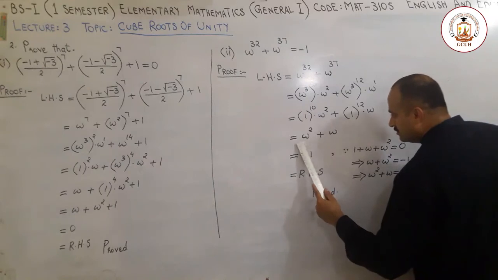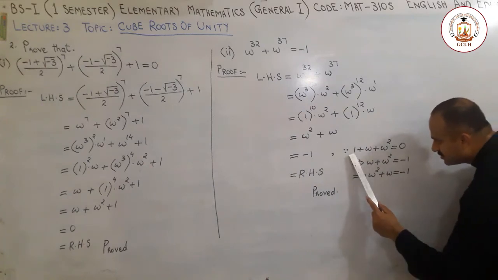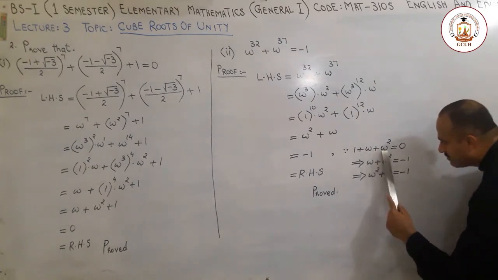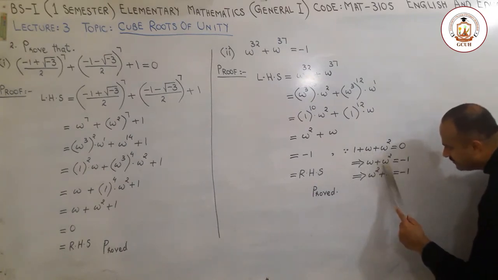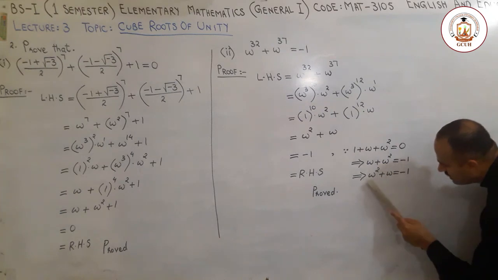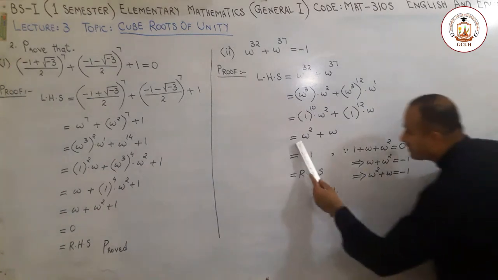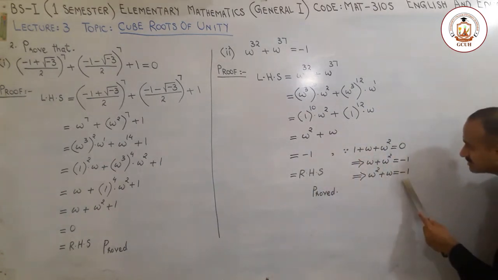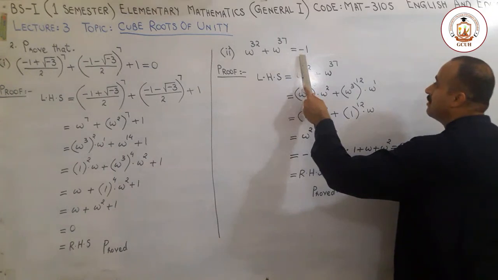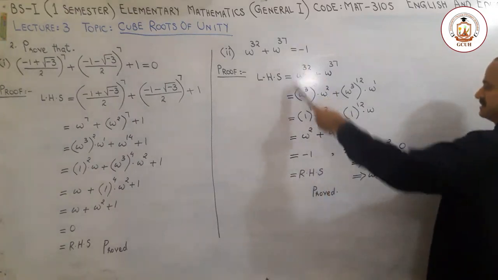And you may notice that from the property of cube roots of unity, if we shift this 1 to the right hand side, it will become negative. So in the left hand side, omega plus omega square will remain here, and if we shuffle their positions, writing omega square in the first position and omega in the second position, this expression is present here and it is equal to -1. So here it is written -1 instead of this expression, which is actually the right hand side of this question. And finally we come to the right hand side, and this question is proved here.